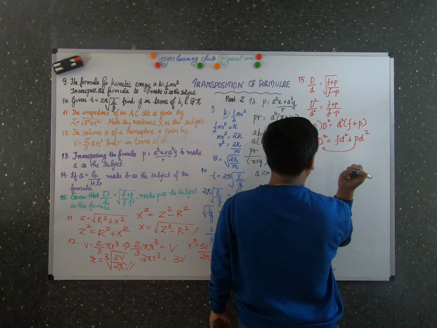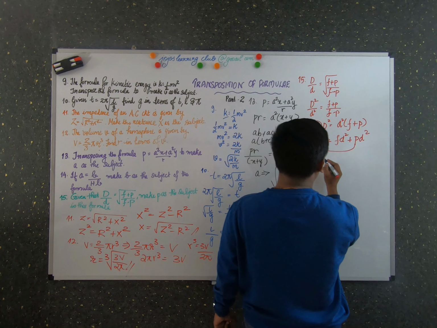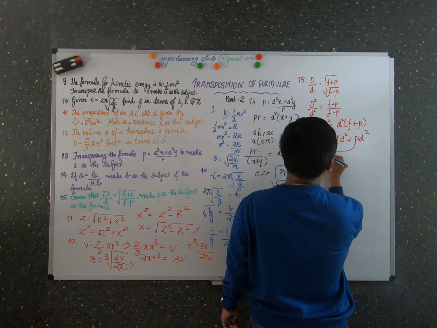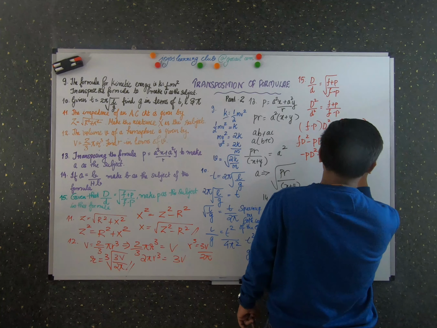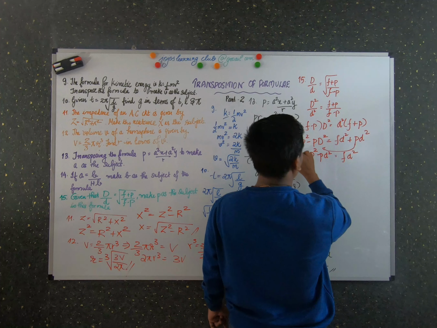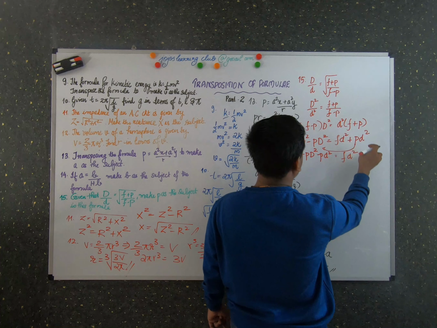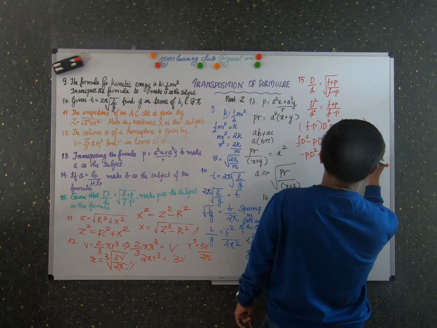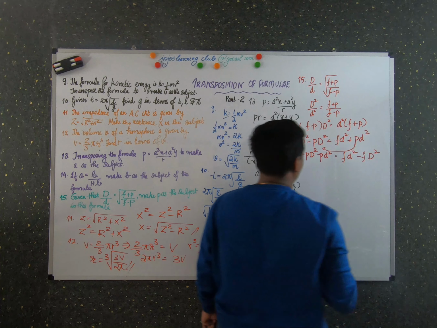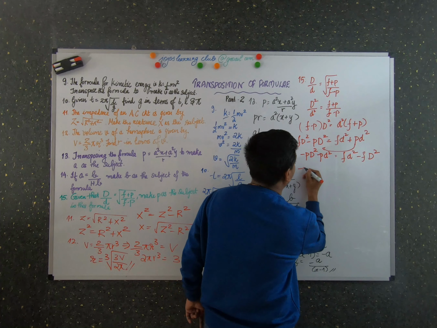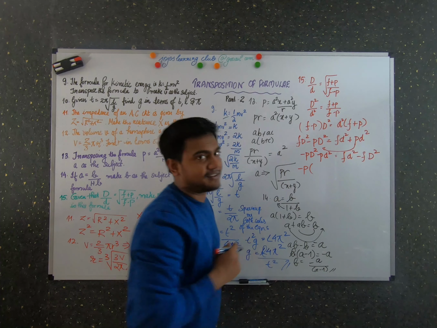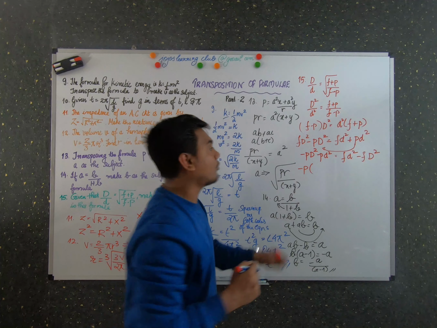This I'm going to take onto this side, the LHS of the equation. So what happens? Minus PD square, right? And what is here? Fd square. And when it comes to this side, it becomes minus F into d square. Okay. And now what am I going to do? I'm going to group together and take P outside. Minus P is a common factor in it, so I'm going to take that minus P outside.